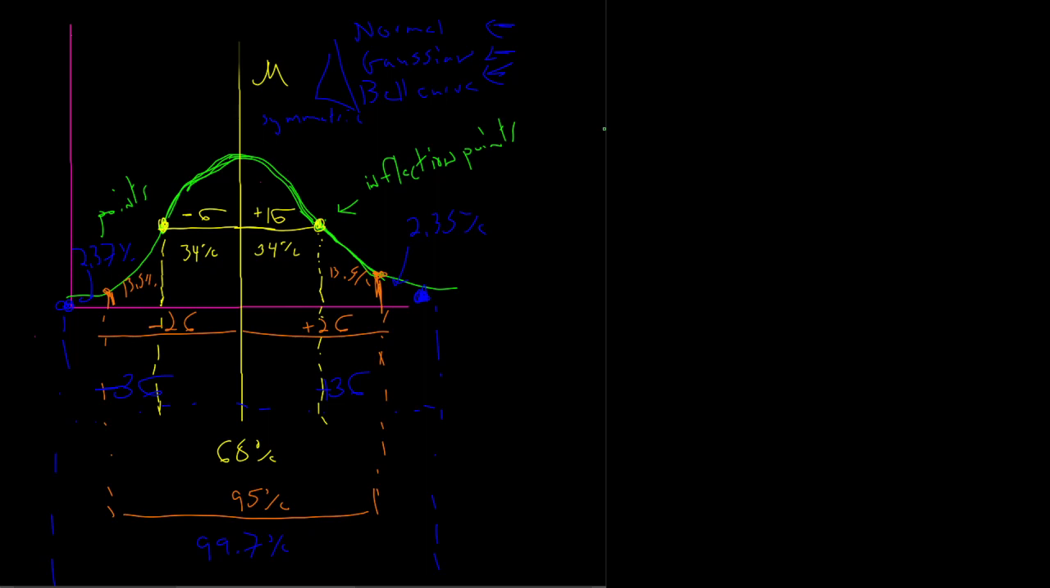Now, if our data isn't normal or Gaussian or in the bell curve, we can still get a lower bound of how much of our data is in a certain region. And we do this using Chebyshev's rule. And what Chebyshev said was, hey, if you're not symmetric,